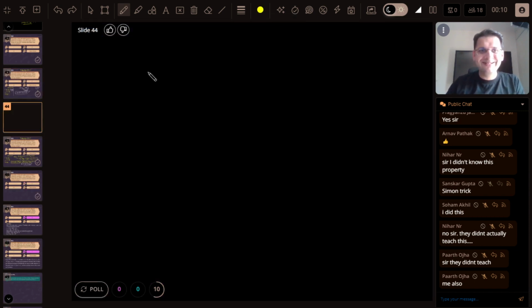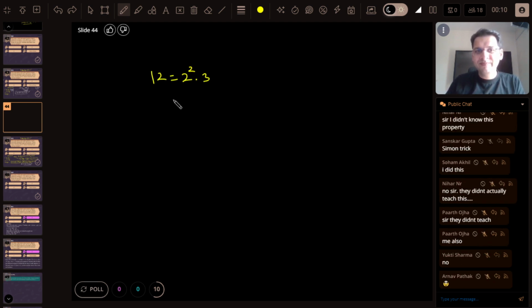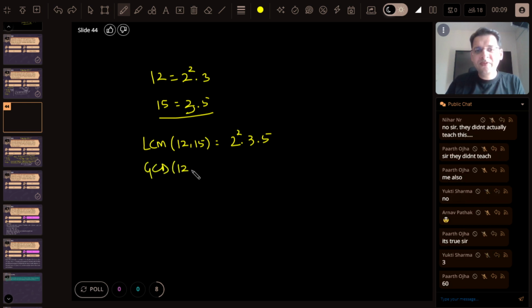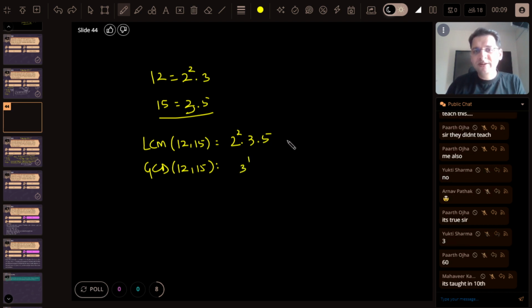No, you're lying. If 12 is 2 square times 3, 15 is 3 times 5. What is the LCM of 12 and 15? Did I tell you that you have to take the maximum powers? So the LCM is going to be 2 square into 3 into 5, isn't it? GCD of 12 and 15, you have to take the minimum common powers, and that is 3 to the power 1. So if you multiply them all,